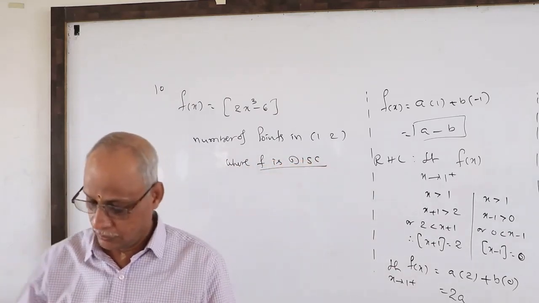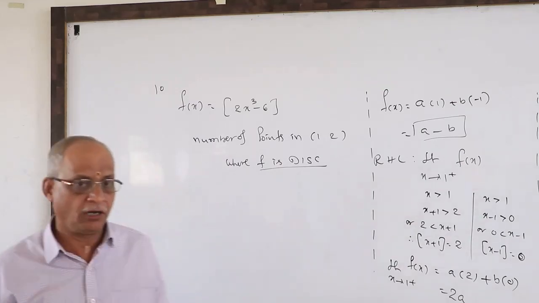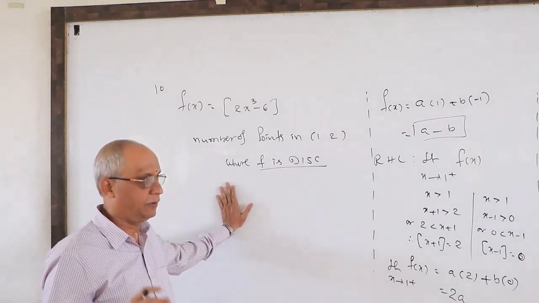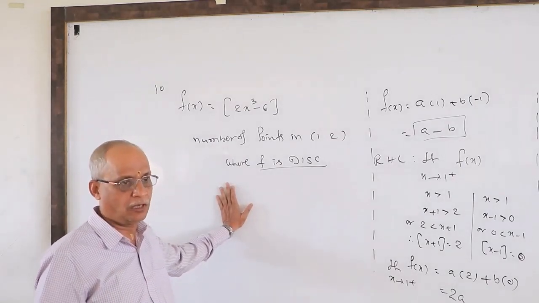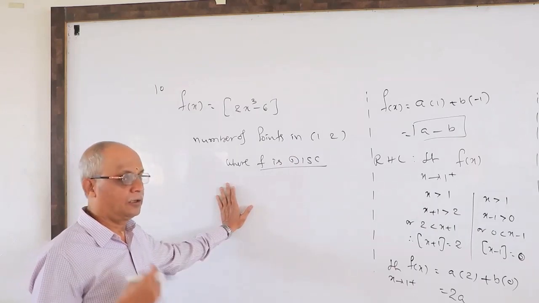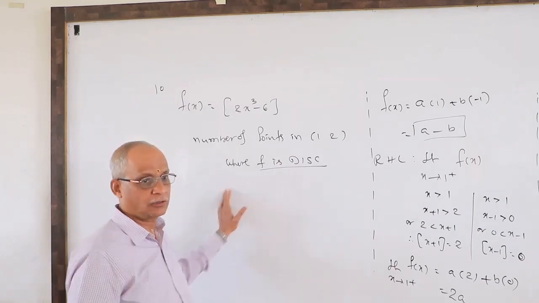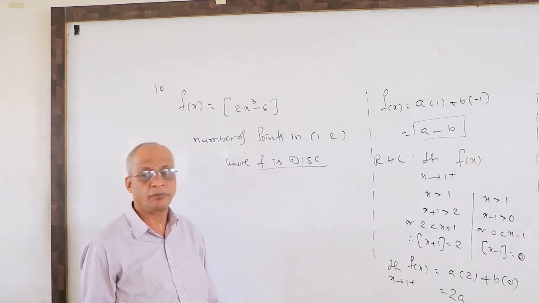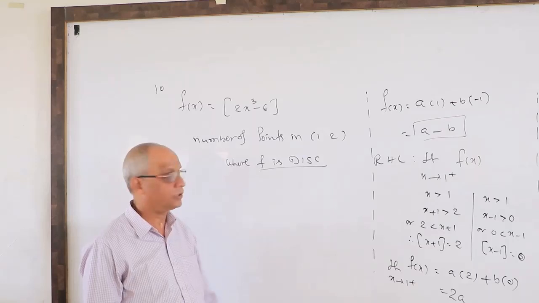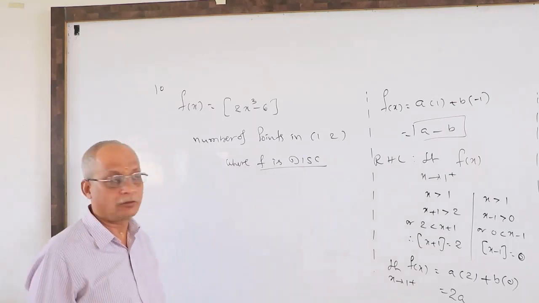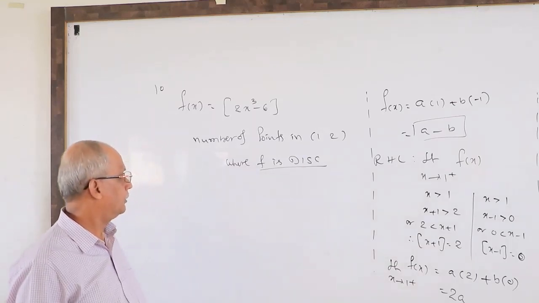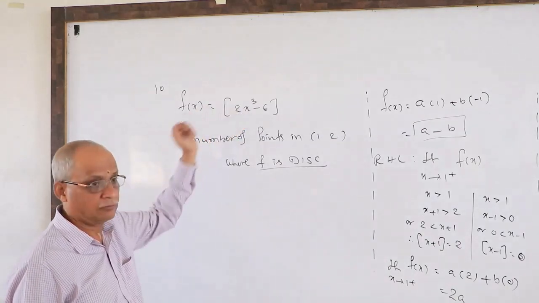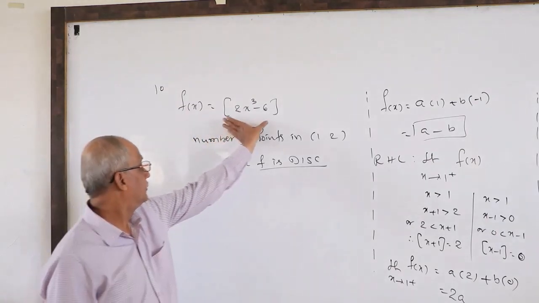Good. See, sometimes instead of asking directly where it is continuous, they will ask for the limiting value or differentiable values, or sometimes the number of solutions or values. How many values are there where the function fails for continuity, meaning discontinuity, we need. So what you do here is first find out the nature of this function, meaning you have to see this symbol first.